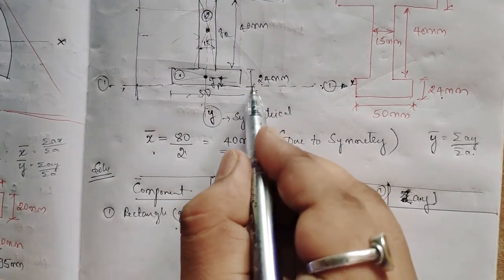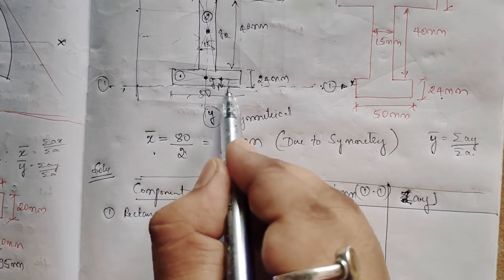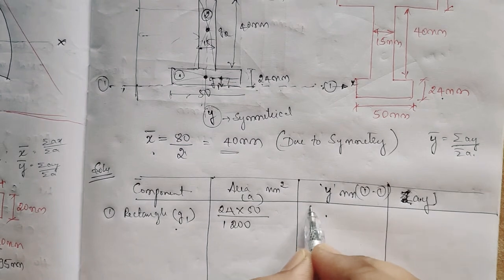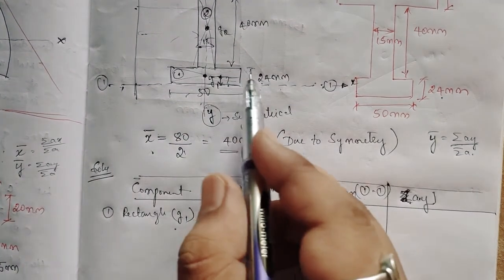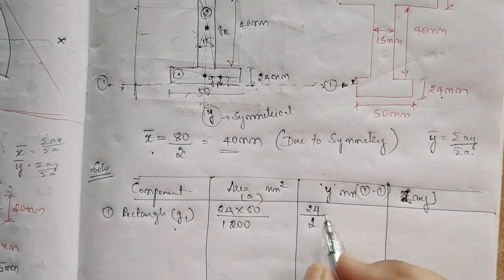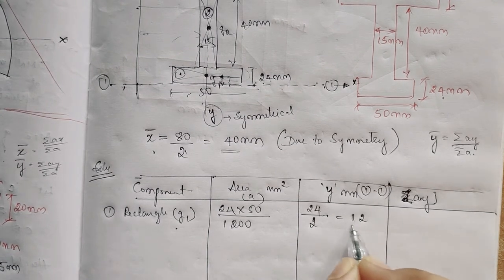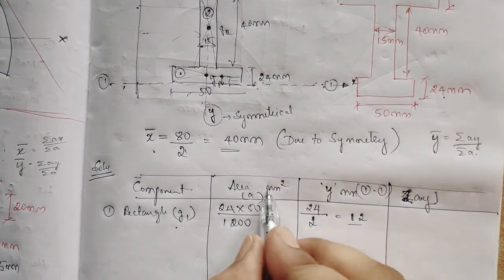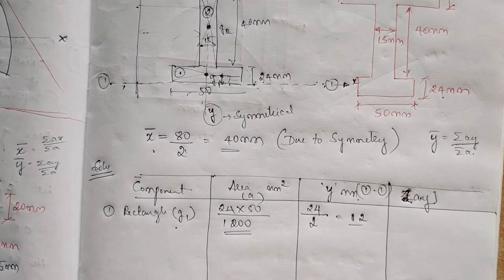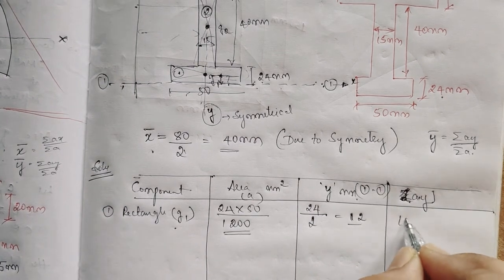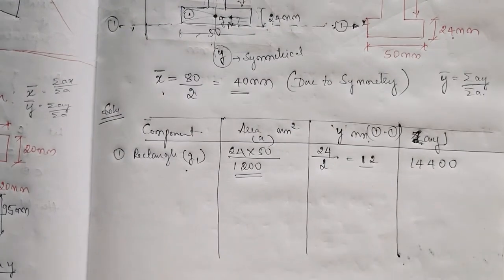Now what is the distance of y from the reference axis? We know that G comes here. What is the distance of y? It is 24/2. We already found out for a rectangle, it is d/2, as explained earlier in class, the same value. So it is 12. Now we multiply the area column into the y column, a into y: 1200 into 12 is 14,400, which is the moment of area.